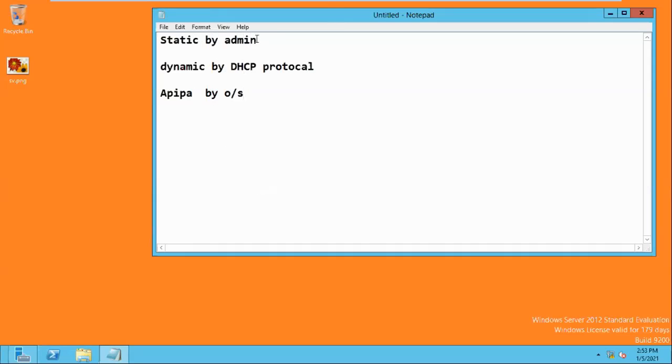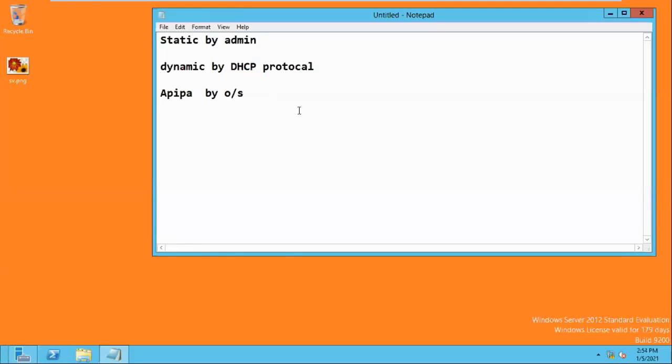Why APIPA? We have not configured a static IP address on the system, and the system tries to contact the DHCP server to request an IP address, but the DHCP server does not reply, or maybe the DHCP server is down or disconnected, or maybe the link has failed. In that case, if the system gets an IP address, that address is called an APIPA address.